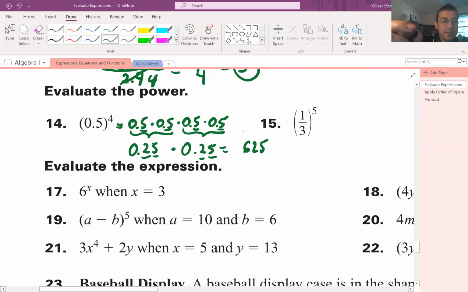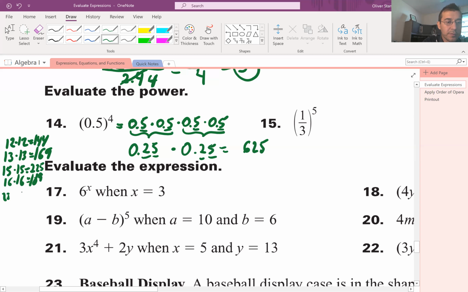It's probably a few of them that you have to remember. It's like, what is, I don't know, 12 times 12, it's like 144. It's nice to remember these, like 13 times 13 is 169. Then 15 times 15 is what, 225, I believe. And then I believe 16 times 16 is 189, and then 25 times 25 is 625. So it's nice to remember these,